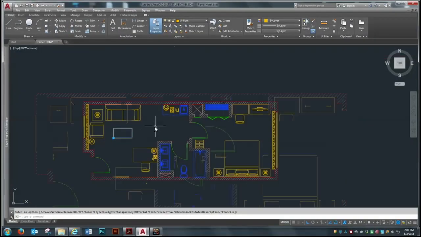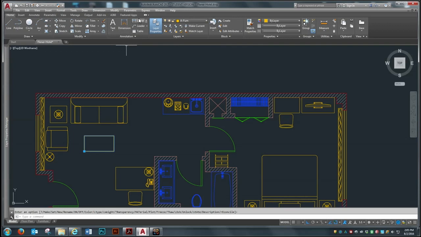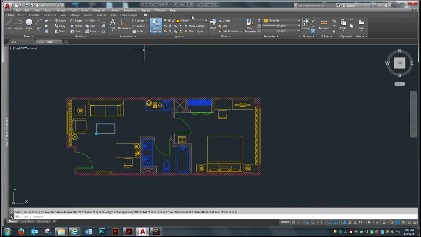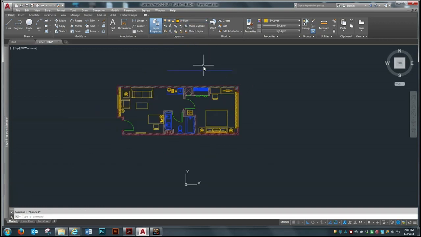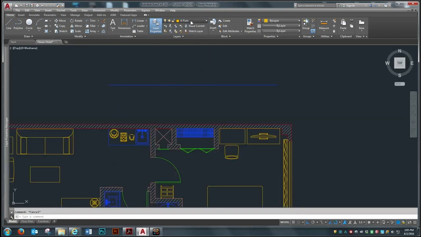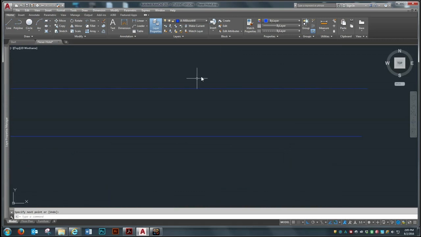Line types, there are different line types. So, for instance, if we go to A wall, A millwork B, that's the base cabinets. Let's change A millwork B. Okay, so that's A millwork B. Let's change our layer to A millwork wall. So if you notice, if you get really close to A millwork W, you'll notice that it's a dashed